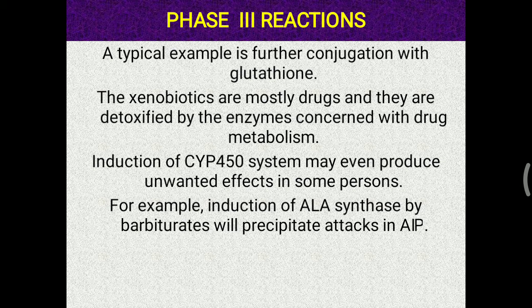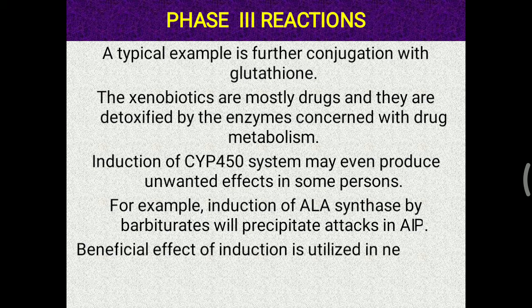Acute intermittent porphyria is one type of porphyria where abdominal pain of unknown origin is seen, and that episode of acute intermittent porphyria will be precipitated when a barbiturate-like drug is given, but not in each and every person. Where a particular enzyme is defective for the porphyria and AIP is present in that person, barbiturate should not be given.